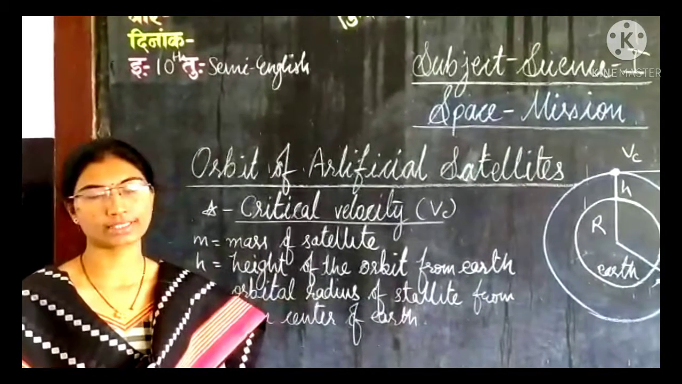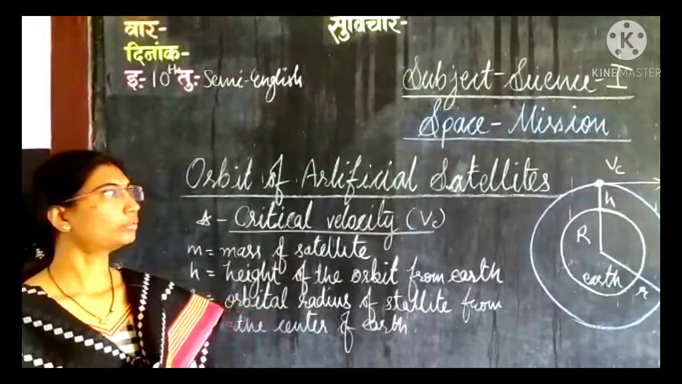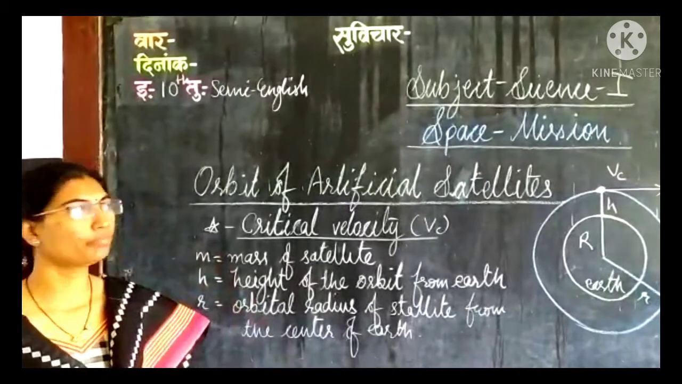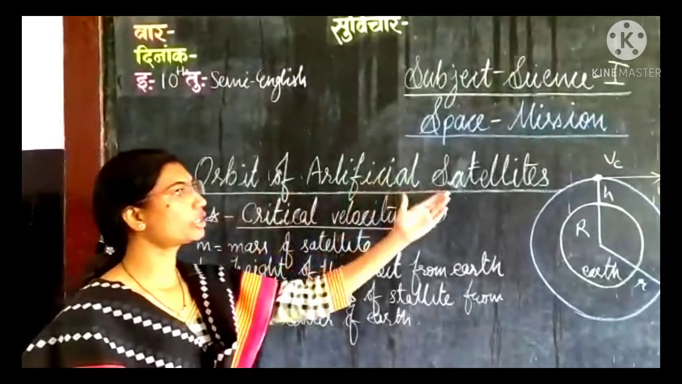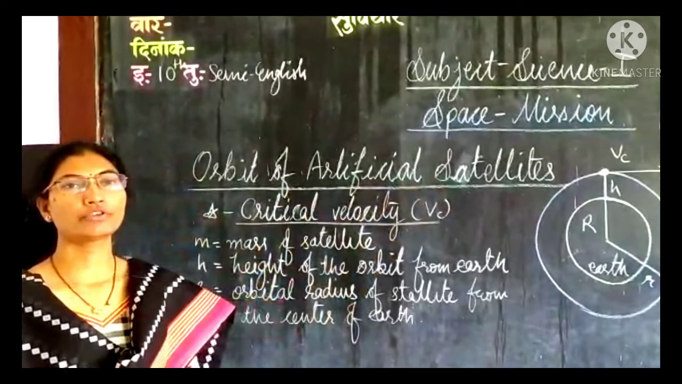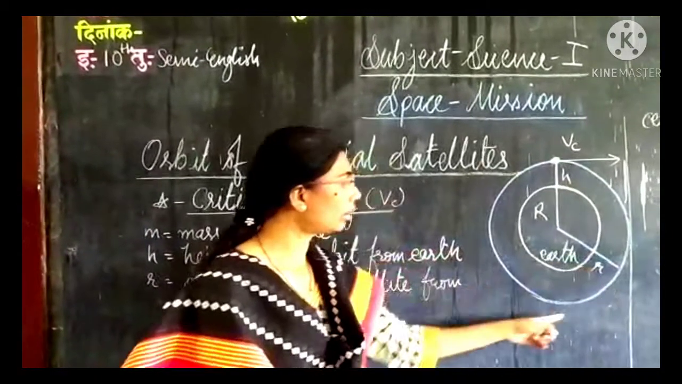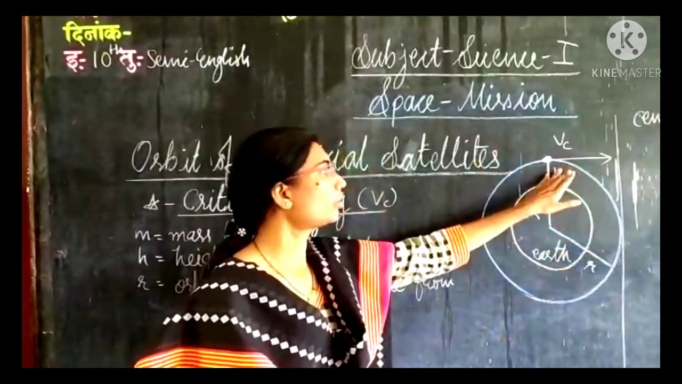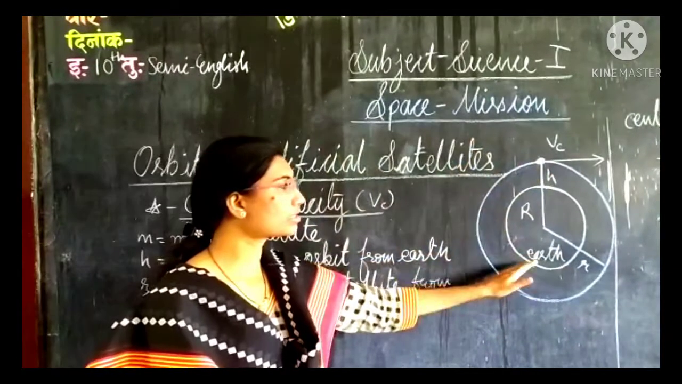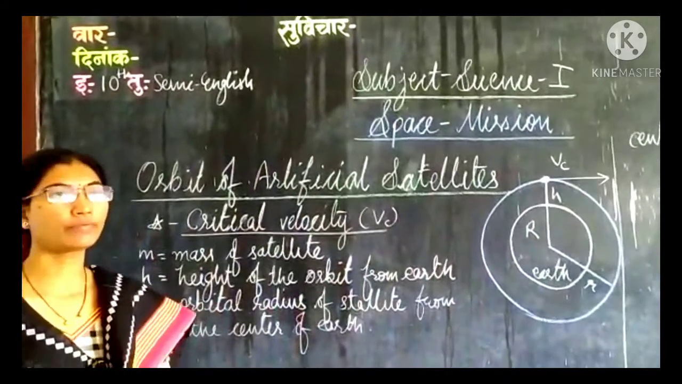of artificial satellite and their function. Now let's see the next topic of this chapter, space vision, that is orbit of artificial satellite. Orbit of artificial satellite means the orbit in which the satellite used to revolve around the Earth. So there are different orbits in which the different types of satellite used to revolve, that I will explain you